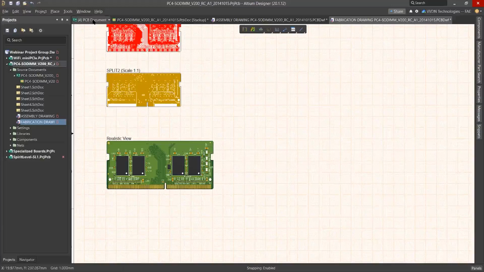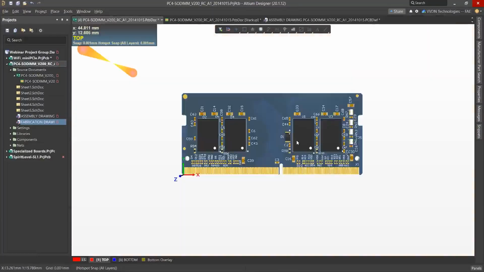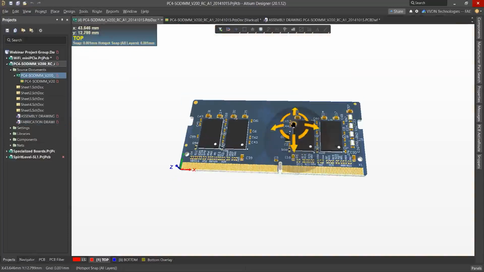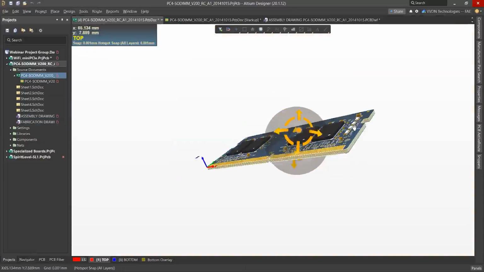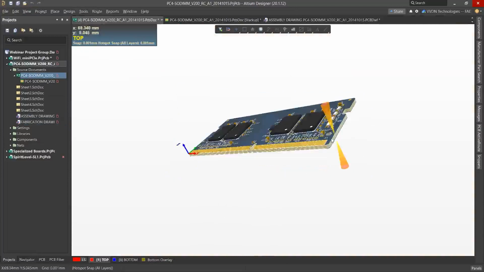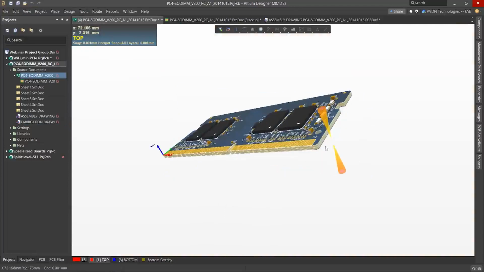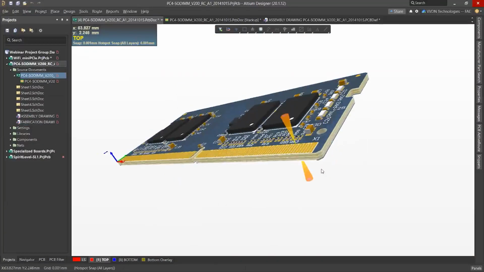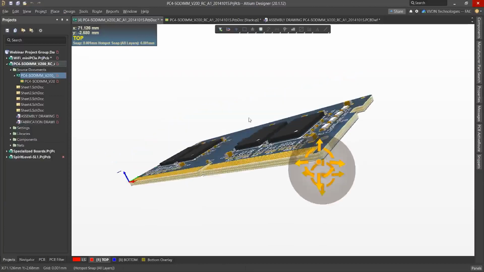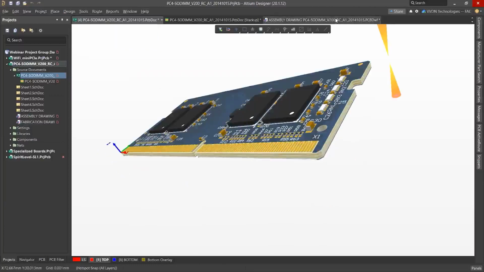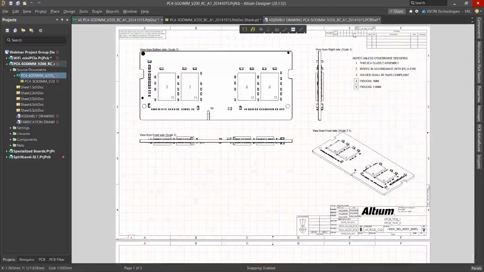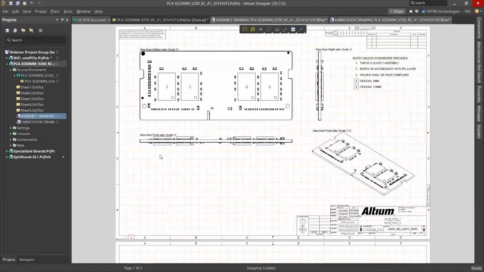So let me open this PCB document. Any angle view, suppose your customer or fabricator wants to see the 3D view from any angle. So like that we can set the angle, and after that move to a specific view, then click on this.